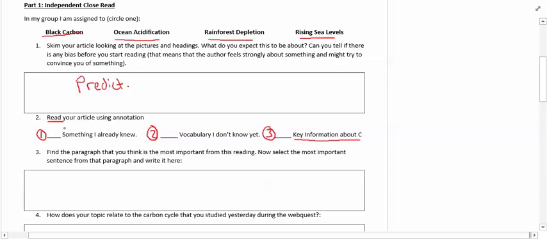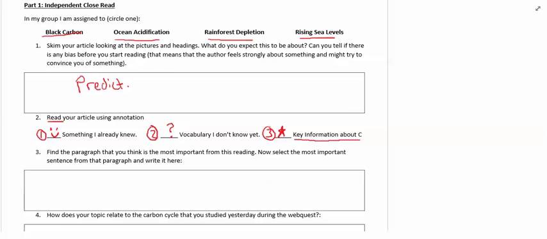So this may be the most important detail as you're annotating while you read. I want you to pick the symbols that you're going to use, and here's what I mean by that. As you're reading, you're going to annotate the paper by writing a symbol to show something that I already knew. So for example, I would use a smiley face to annotate something that I already knew. As I'm reading along, if I see something I already knew, I put a little smiley face next to it, and I'll show you what I mean in just a second. For vocabulary I don't know yet, I like the question mark symbol, and for key information I would use a star. You can use whatever symbols you want. I really don't care about the symbol, but you need to pick something to show these 3 things while you're reading. So let me give you an example.